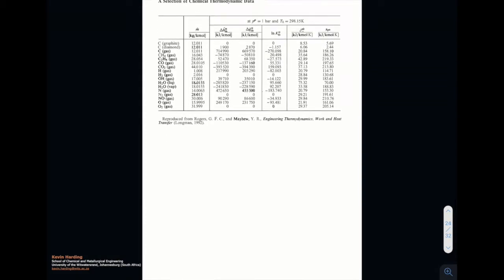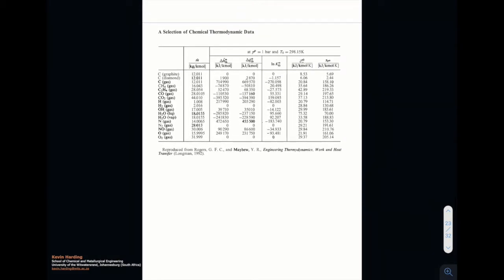The next page, and I've lost the page numbers unfortunately, is a section on chemical thermodynamic data. So we've got some information on carbons, hydroxyls, and things like that. Again, molar masses, so there's some molar masses of materials hidden in here. The rest of this information for this course is not actually valid, but please have a read through it. You might find some useful information for your, sorry, I lie, some of this information might come in useful later.